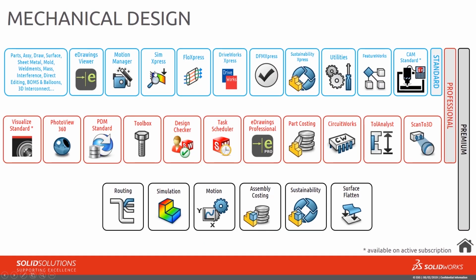So here I've broken it into the different versions you can get. You've got standard, which is our cheapest basic level package. Then we've got professional, which is in the middle. And then we've got premium. So you can see here what's included. And I just wanted to spend a bit of time going through each one of these to explain what you'd get if you were to upgrade from standard to any of the other packages, that being professional, premium. So let's start out. We may as well work left to right.